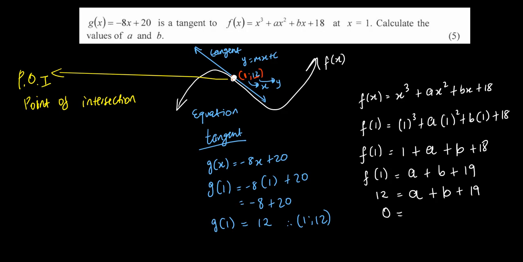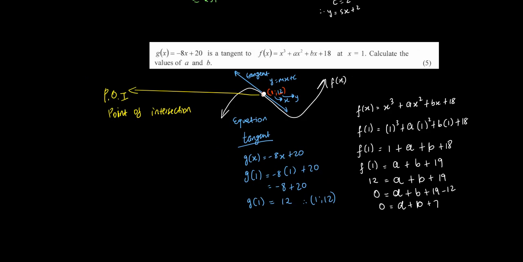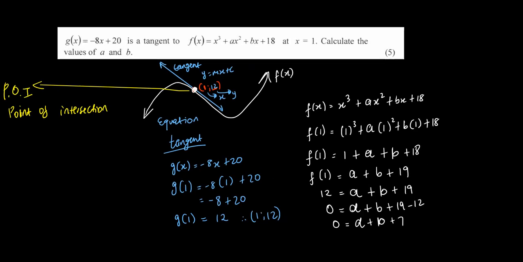So if I do this, guys, I will have a plus b plus 19 minus 12. So I'll have 0 is equal to a plus b, and then what is 19 minus 12? It's 7. But guys, I still don't have a, I still don't have b, so I have not answered the question. We're just trying to connect the dots. We have not answered the question. So now